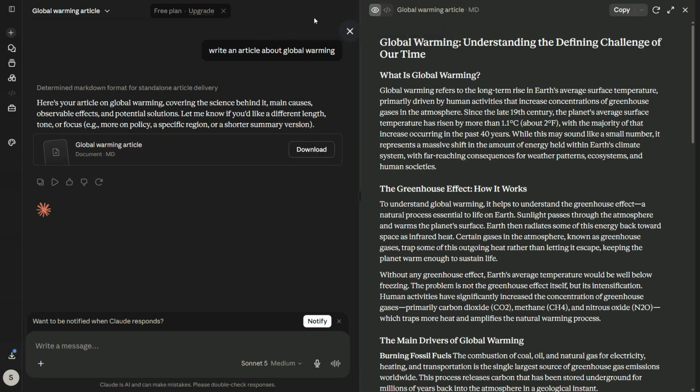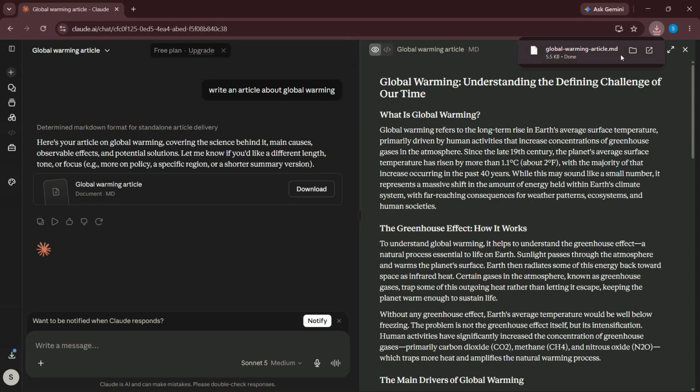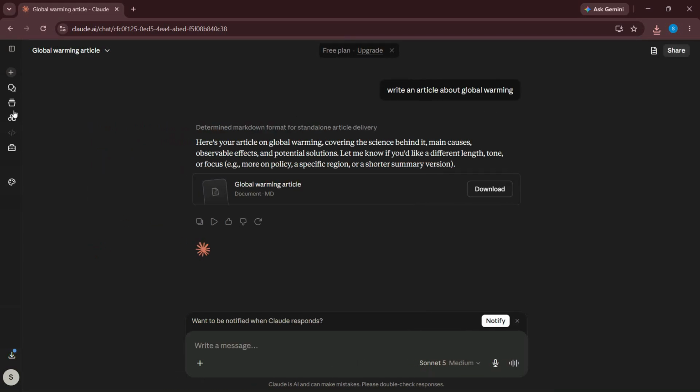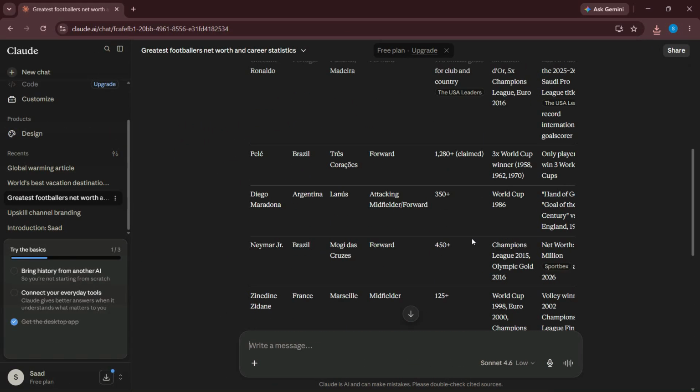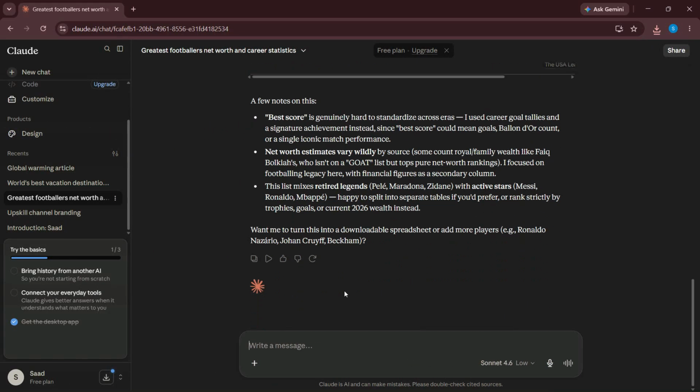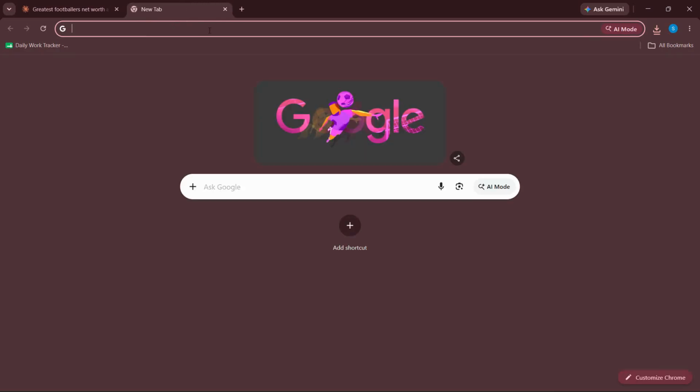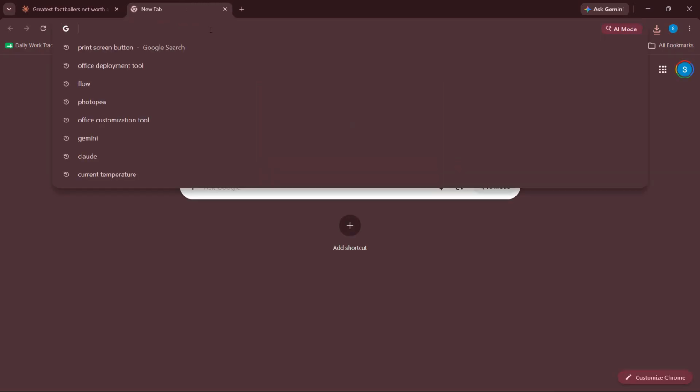So we can simply click on download and it will start downloading it in an MD format or whatever format you want. But let's say if it is a simple conversation like this one, it might not show the option to download that. So in that case, what you will do is just open up a new tab and right here,